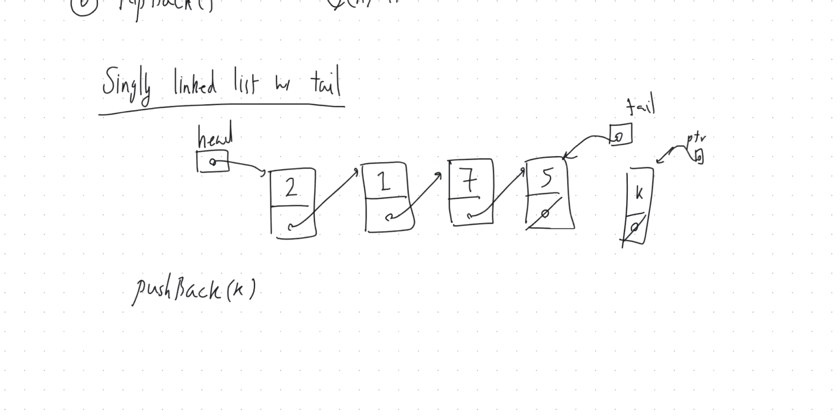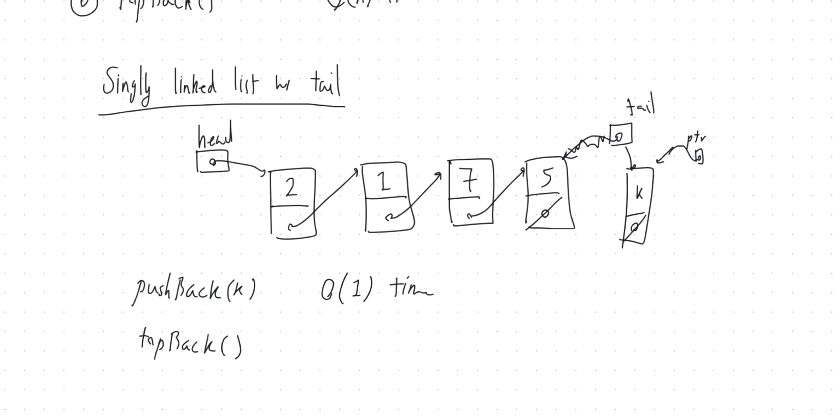Okay, and that replaces the problem of traversing the linked list all the way from the beginning to the end. So with 2 lines of code, I mean, you create the node and set it up, but then you say tail arrow next equals PTR, and then you say tail equals PTR because tail is supposed to point to this node now, and then you get rid of this, right? So you see that instead of linear time, if we have that tail pointer, we can do pushback in constant time. And similarly, topback,